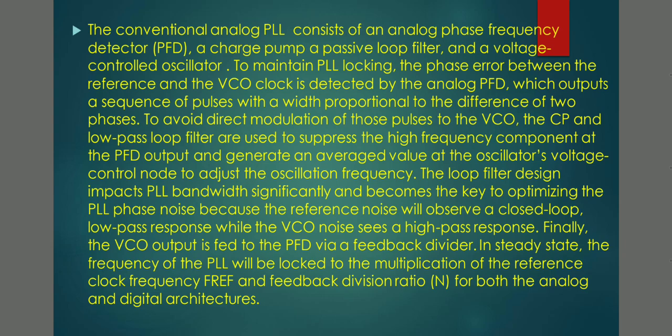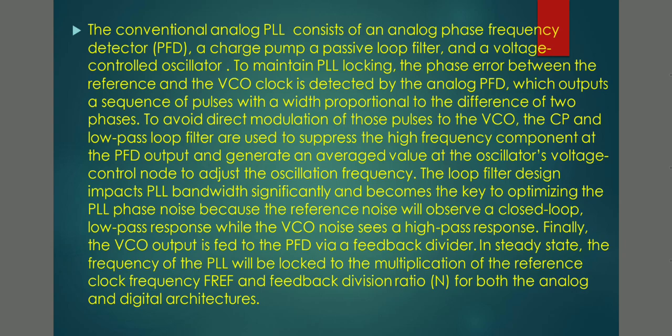To avoid direct modulation of those pulses to the VCO, the CP and low pass filter are used to suppress the high frequency component at the PFD output and generate an averaged value at the oscillator's voltage control node to